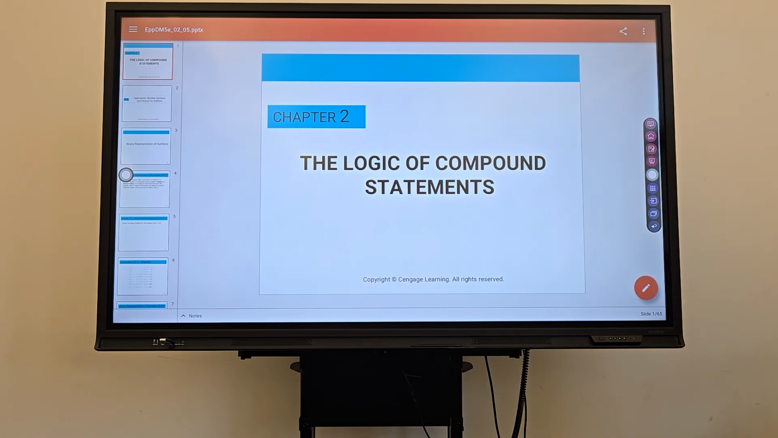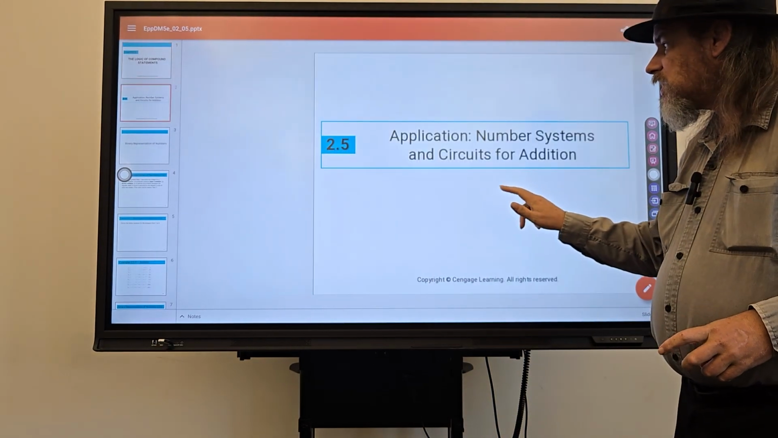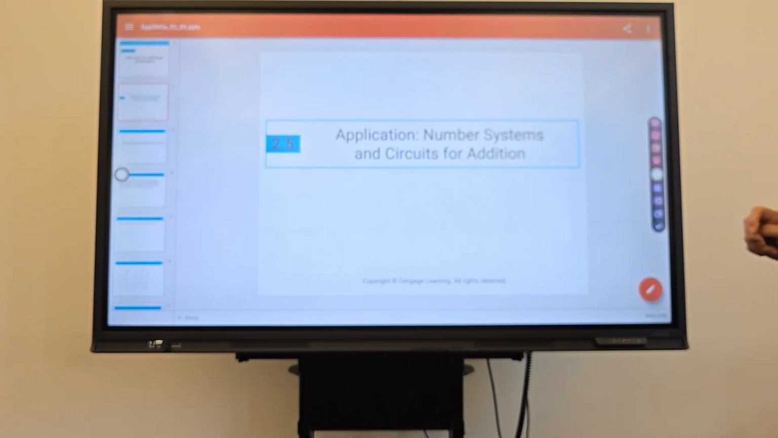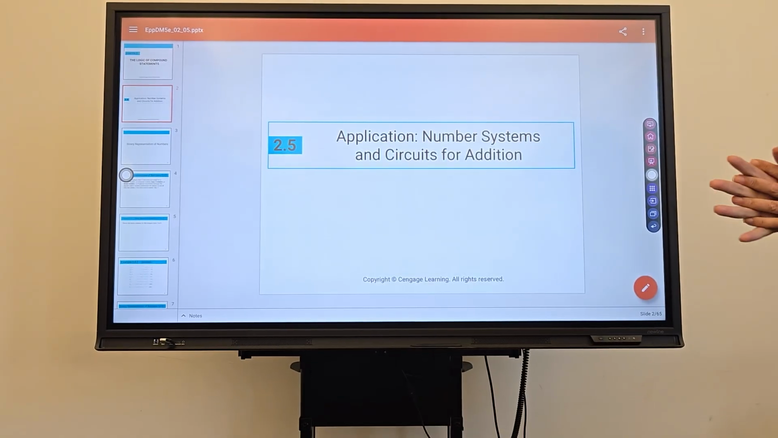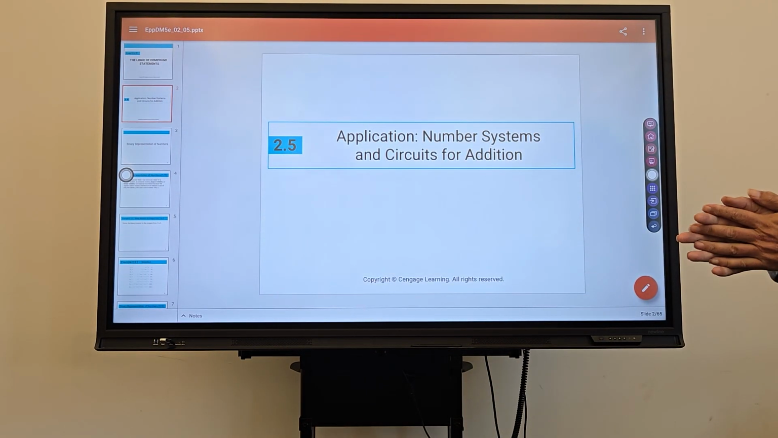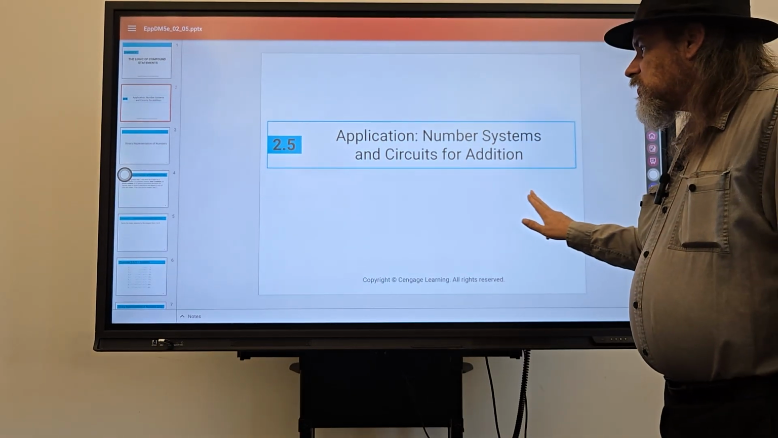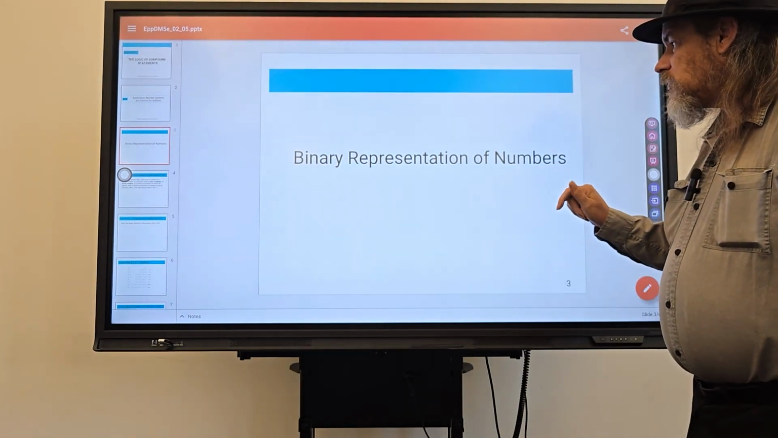So we are going to finish off chapter 2 today with the logic of compound statements and the application of that sort of thing with number systems and circuits for addition. So, binary